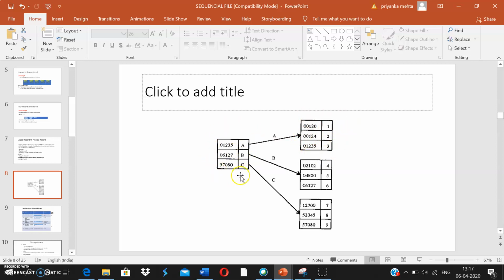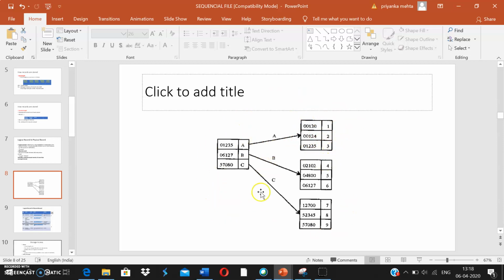So this is a certain kind of mapping. For this key, we have an address. For the keys like this, the actual physical records are stored at this address. For the keys like this, actual data is stored at this address. These are the logical records, not the actual records, and there is a mapping that this record is stored at this location, and physically they are stored in the secondary storage devices. Whenever we access the record from the secondary storage, we access page by page, or block by block. When I access, this entire block will come, and then I have to search for my physical record. So this is how viewing is done.